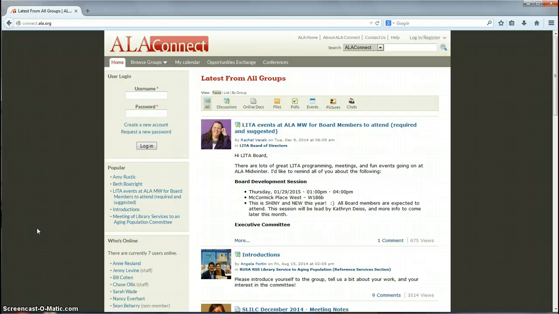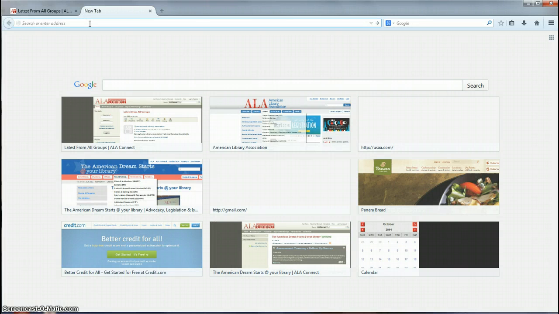So without further ado, I'm going to show you how to get started on ALA Connect and join the community. If you are an ALA member, you already automatically have an account on ALA Connect, and you can basically use the same login that you would use to go into your ALA.org account on the ALA website. If you're unfamiliar with how to look up your ALA.org account and you are a member of ALA, I recommend that you go to